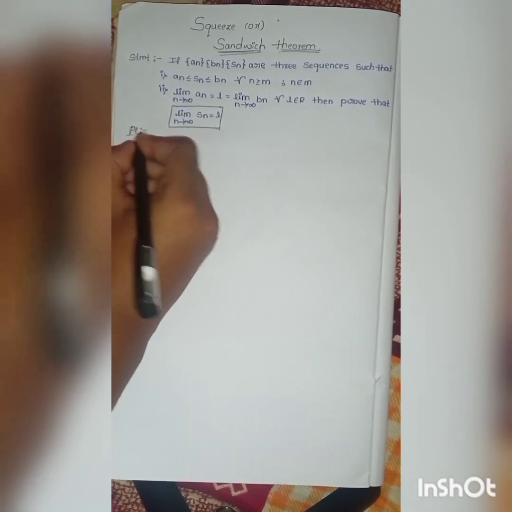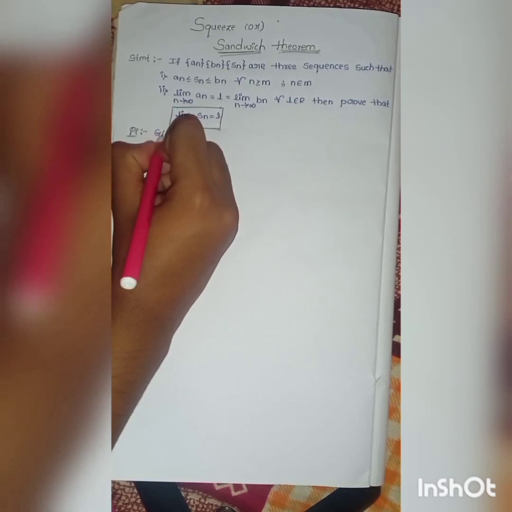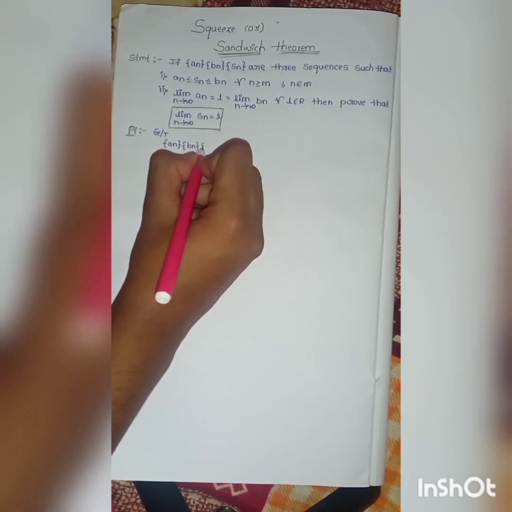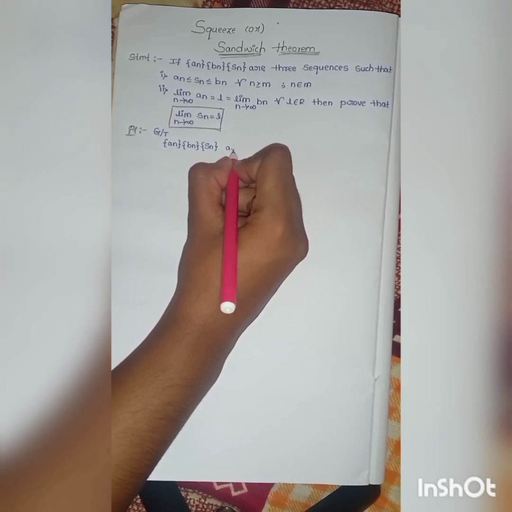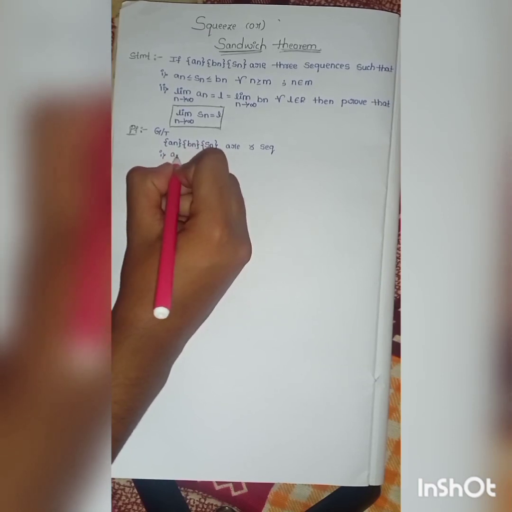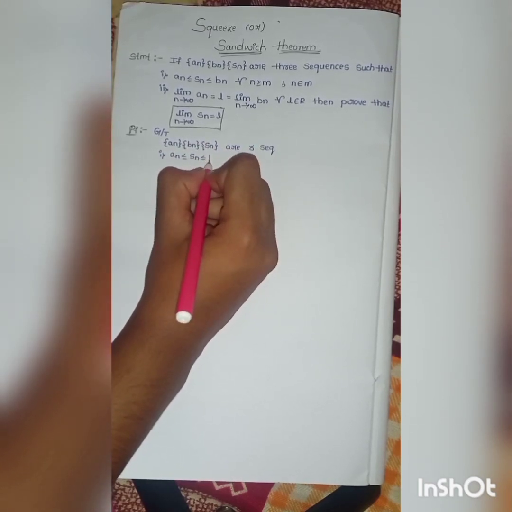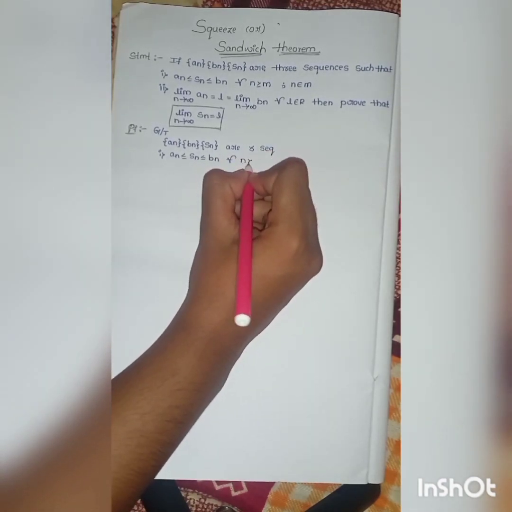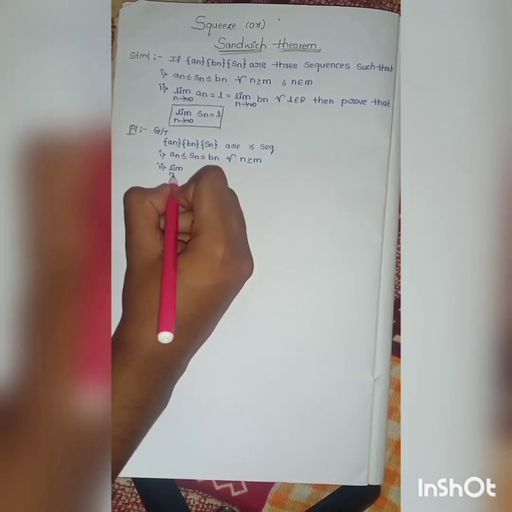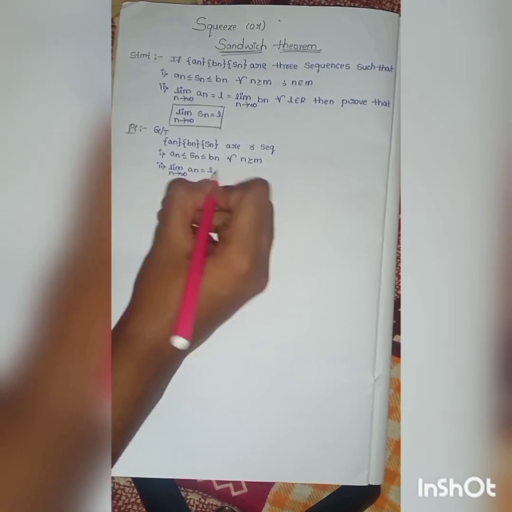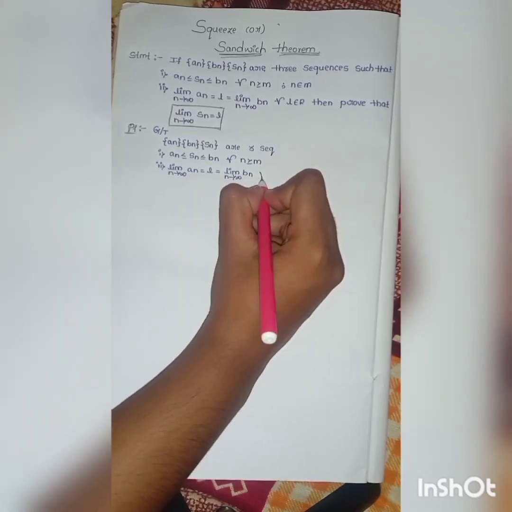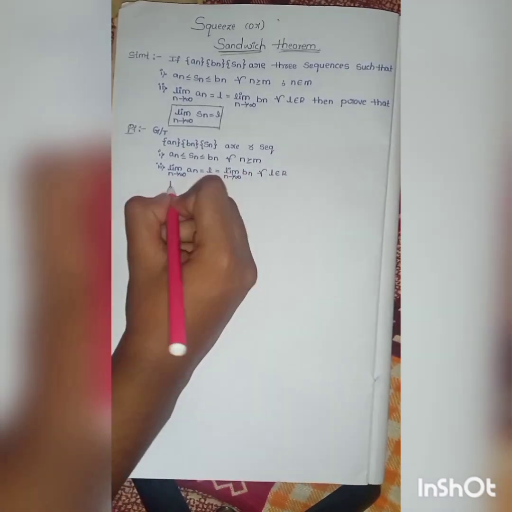In the proof, what is given? Given that an, bn, sn are three sequences, and the first condition is an is less than or equal to sn is less than or equal to bn for all n greater than or equal to m. Now the next condition is limit n tends to infinity, an equals L, and limit n tends to infinity, bn is also equal to L. For L belongs to R, we have to prove that